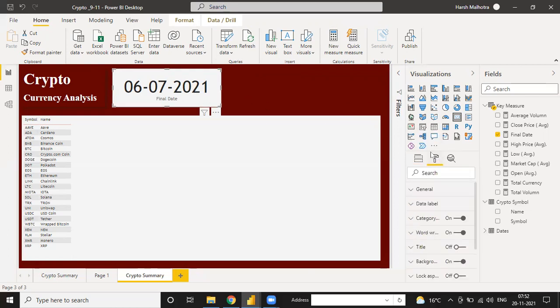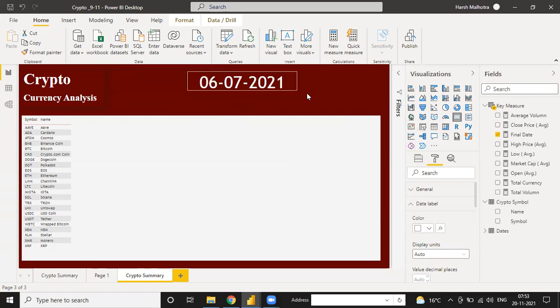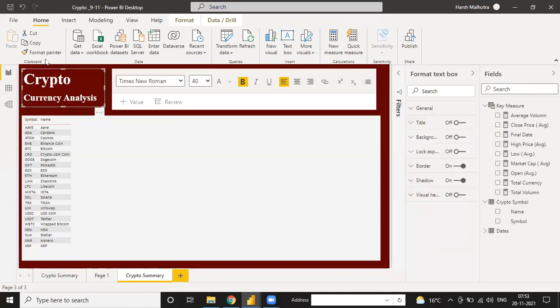For every visualization you have a tool named Format. See, Format. And if you switch off this category, the date is off. Background, if you switch off, see, the date is off, and then you can use white, so that it will be your final date value. Select over there and select here, so it will be your final date value. Suppose in your cryptocurrency dashboard, if you entered more data and the last date is suppose 20th 11, then this date will be changed automatically. Okay, you don't need to change it again and again. This date will be changed automatically.